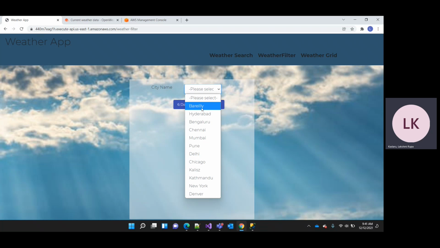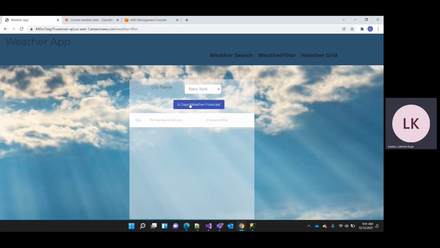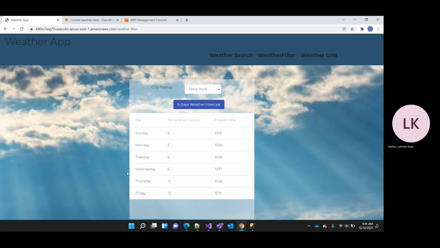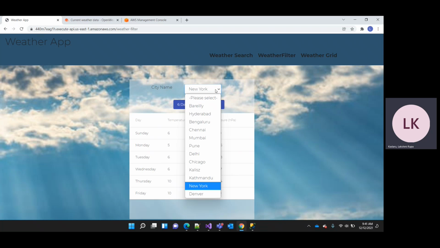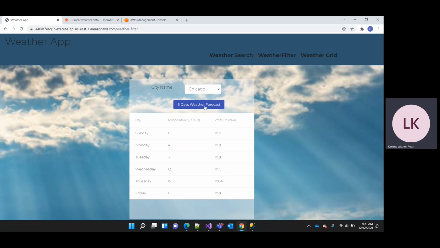I got all the cities that I've searched so far on the screen, and I'm gonna say New York, and I say 6-day weather forecast, and it's gonna give me the data in Celsius, and this is all customizable. You can add how many ever parameters you want. And I say Chicago, 6-day weather forecast. The grid got refreshed,